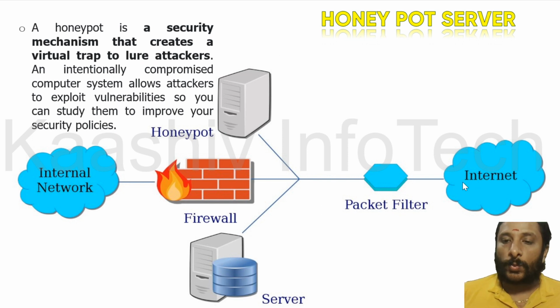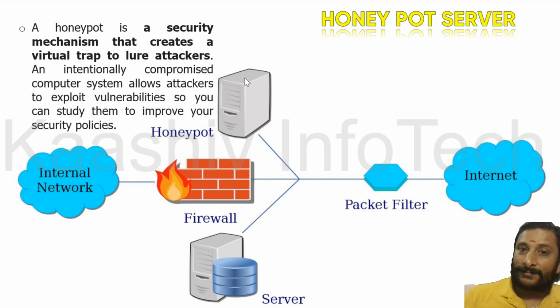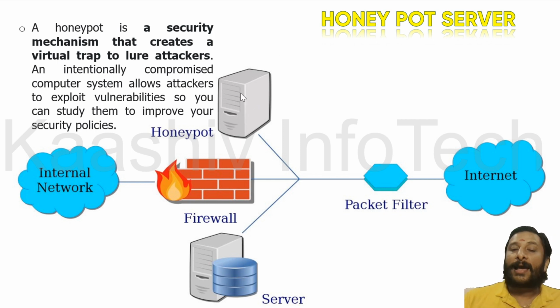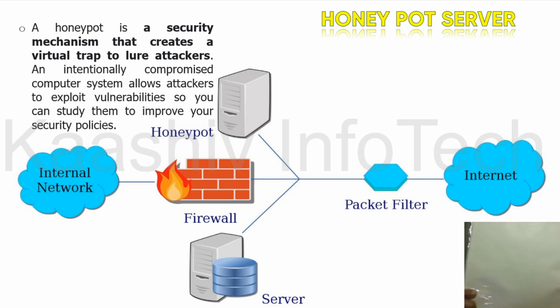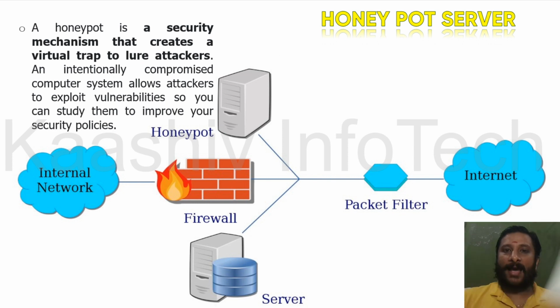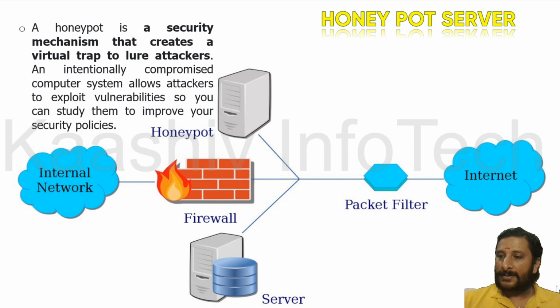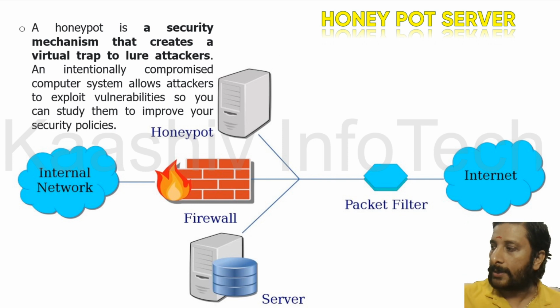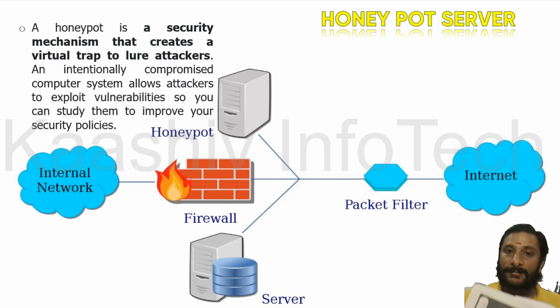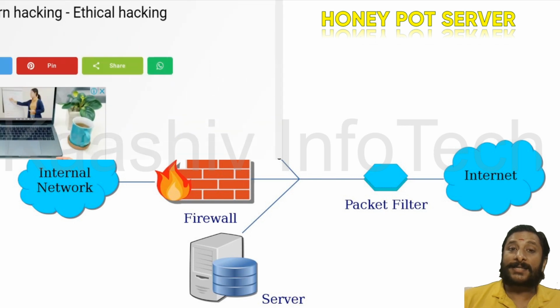The attackers will think that this is a server, and this is a server. They will try to attack this server, but this is the genuine server. This server will grab all the information, identify what the attack is, and try to resolve it. This is a duplicate, like a mask, and you'll be seeing this. Are you able to understand? So this is kind of a honeypot server, masking these servers.